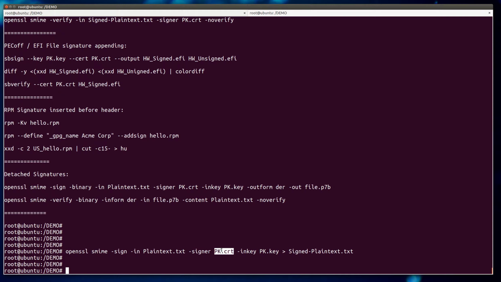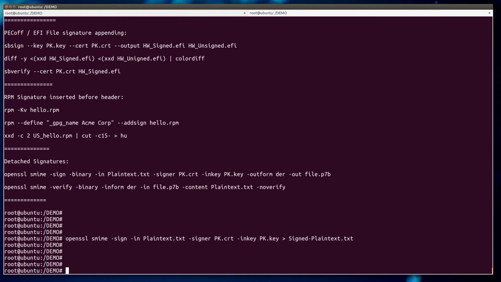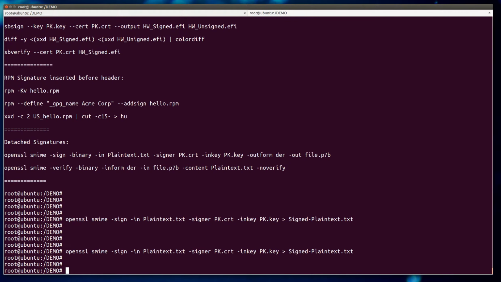To get more details on what pk.cert and pk.key are, you'll have to go back and look at my first presentation, which explains these keys. Now I'm signing with my private key pk.key, and my public key is there in pk.cert, and the signature is generated in signed plain text. That's the file where the signature is generated. So let's see what is there in this file